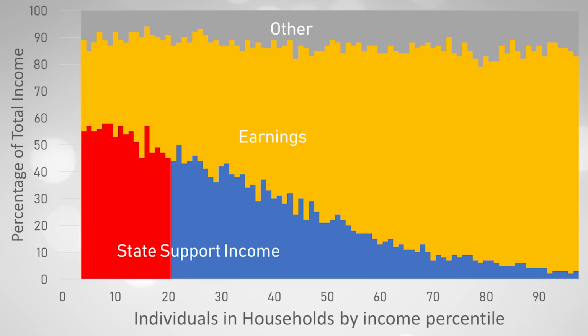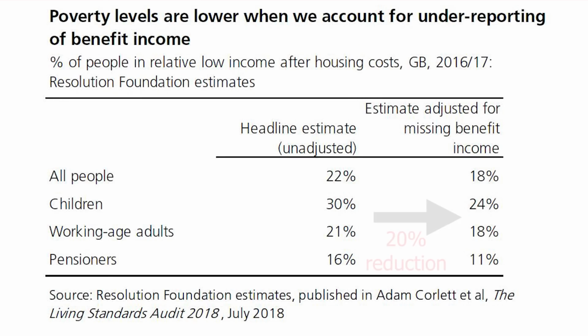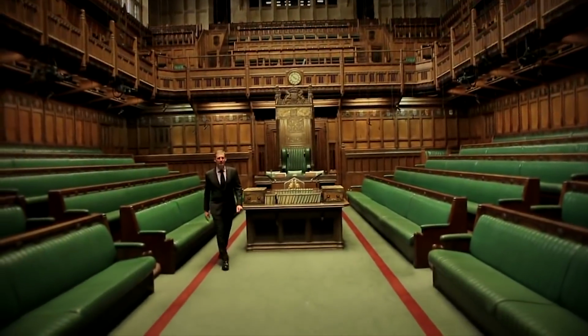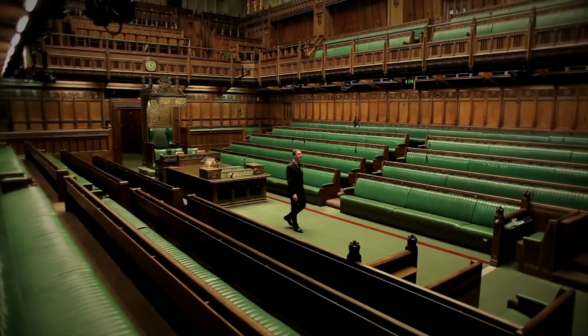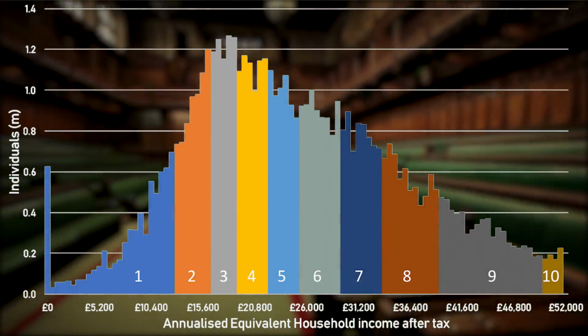And what does all of this mean? Well, considering that those in poverty receive the most benefits, the Resolution Foundation estimates this reduces the overall level of poverty by 20% from the government figures. That's an inaccuracy of over 2 million people. I don't raise this issue because having 8 million people in poverty rather than 10 million is any kind of achievement, rather that when making government policy, no correction is applied. Poverty is consistently mistargeted, and those cuts to the third and fourth decile are far more significant when we look